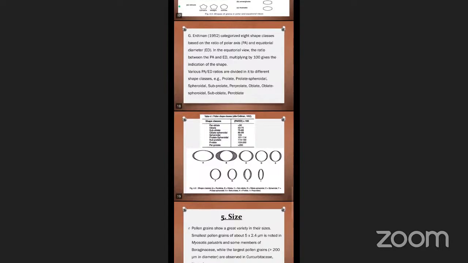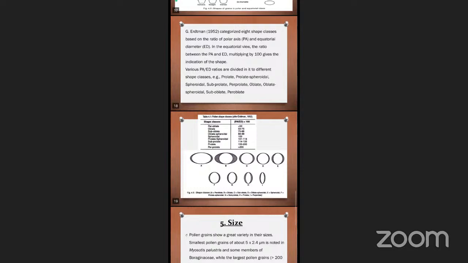Actually, scientist Erdtman in 1952 categorized shape based on the P/E ratio. Based on that, we can classify pollen into different shape classes: prolate, spheroidal, subprolate, perprolate, oblate, oblate spheroidal, suboblate, peroblate. These are all. First of all,